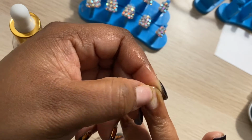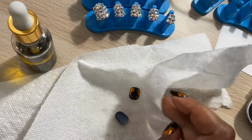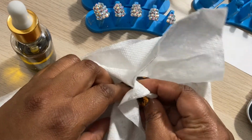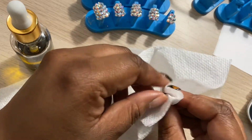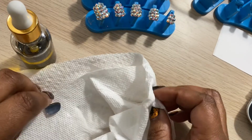So here's a tip on how to save your press-on nails once you remove them, because you can use them again. You're going to want to take a paper towel and clean as much of the oil off as you can, and then you're just going to come in and spray them down with alcohol to remove the excess oil